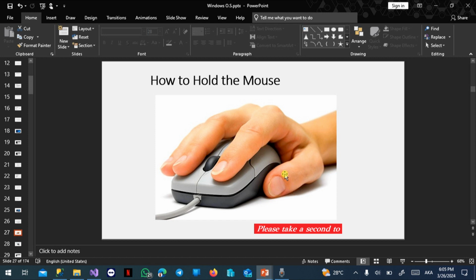Now let's look at something. Whether you are a lefty or a righty, any of the hands that you are putting on the computer, you need to make sure that the thumb is placed at the left side of the mouse. Then you put the index finger, that is the finger next to the thumb, on the left button or the primary button. Then you put the middle finger on the right button,